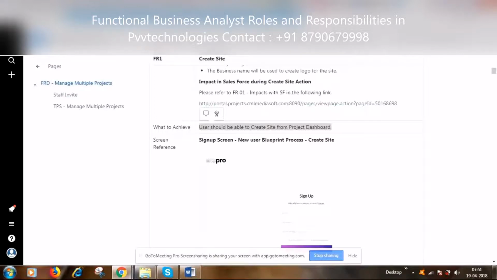This is once again a Jira only. From here I can go for any other item. So this is once again a Jira product. So we call it as a Confluence. You could see the URL, right? Atlassian. Jira is also an Atlassian product. Confluence is also an Atlassian product. Okay.